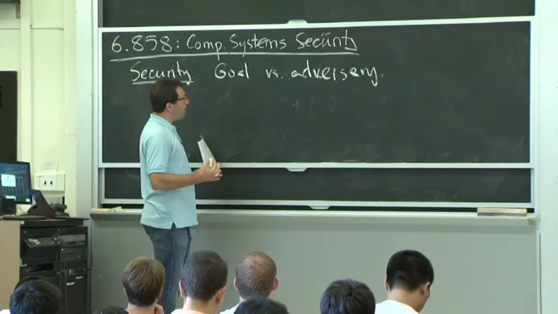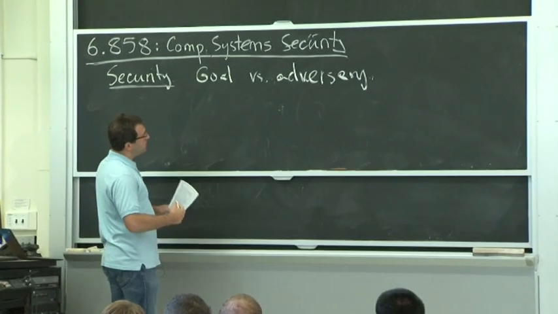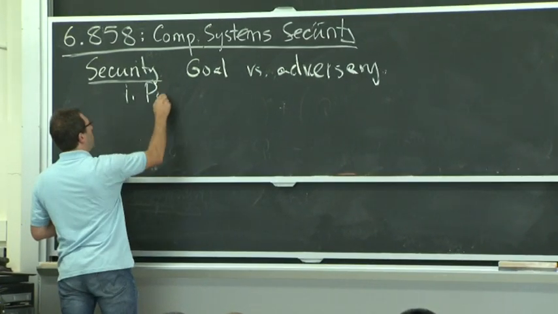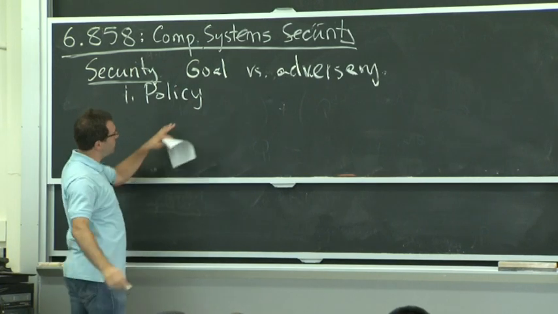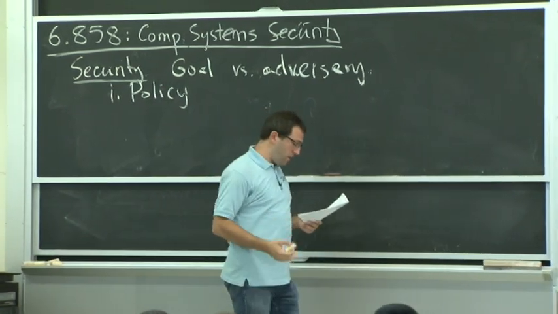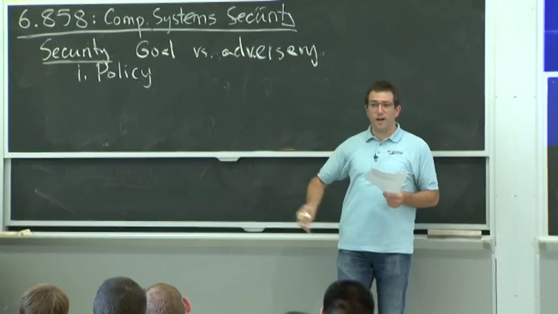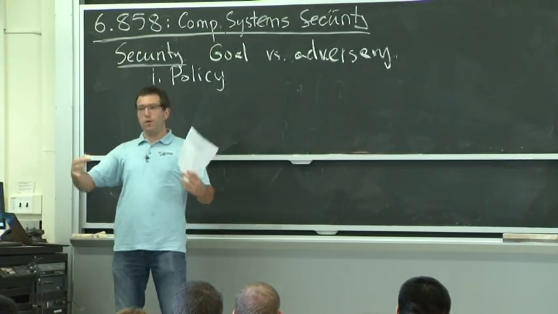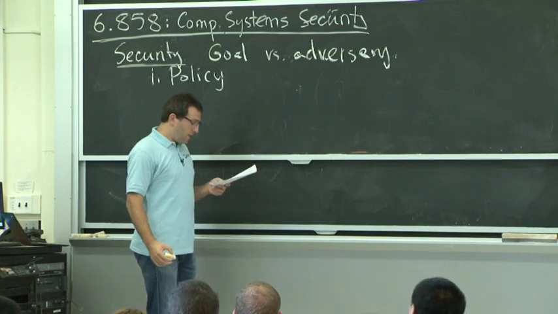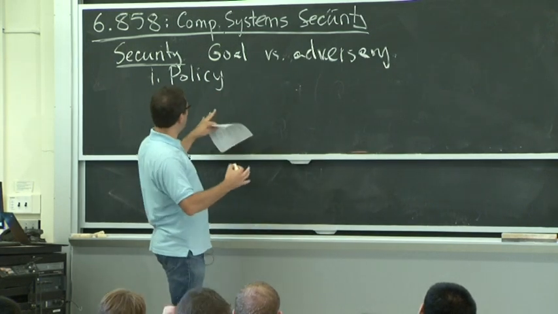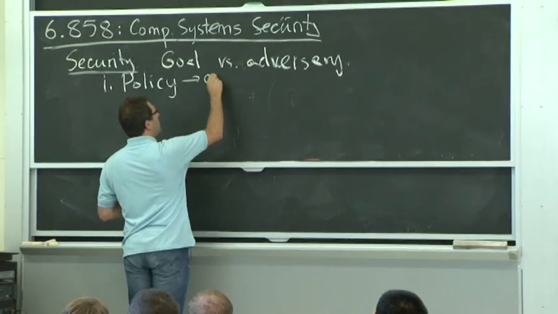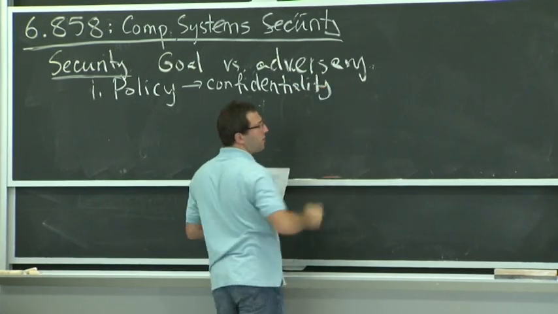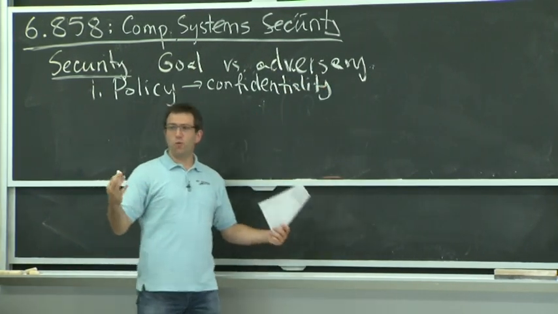And the general way to think about security is to break it up into 3 parts. One part is roughly the policy that you want your system to enforce. This is roughly the goal that you want to achieve. Like, maybe only I should be able to read the grades file for 6858, or maybe the TAs as well, and all the co-lecturers, et cetera. But there's some statement about what I want my system to be able to do. If we think about what kinds of policies you might write, typical ones have to do with confidentiality of data. So the grades file is only accessible to the 6858 course staff.